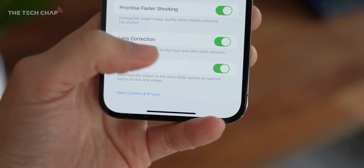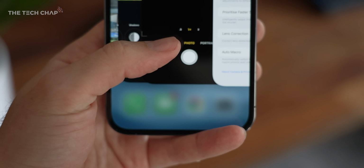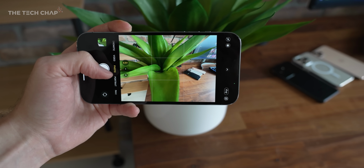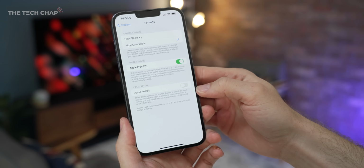It may already be as you're watching this, but in the camera settings, we now have this auto macro toggle. So I would suggest making sure this is turned off so that it doesn't automatically switch unless you do it manually. Sticking with the camera, another new feature we've had with the latest update is support for Apple's ProRes